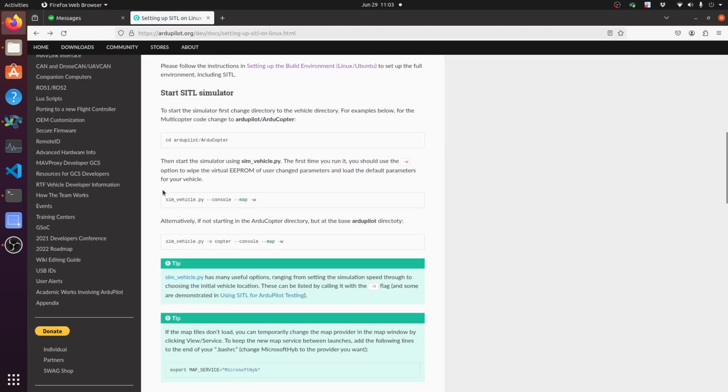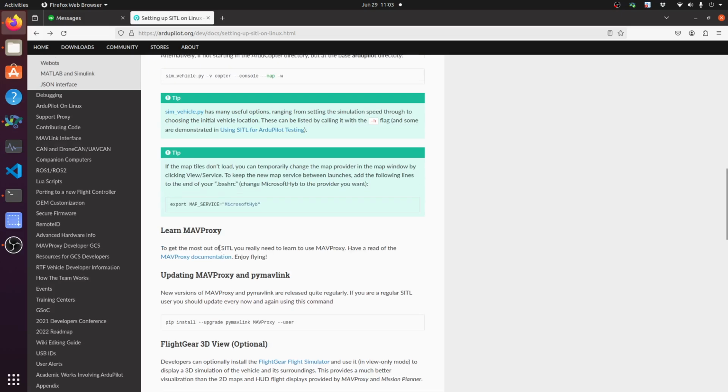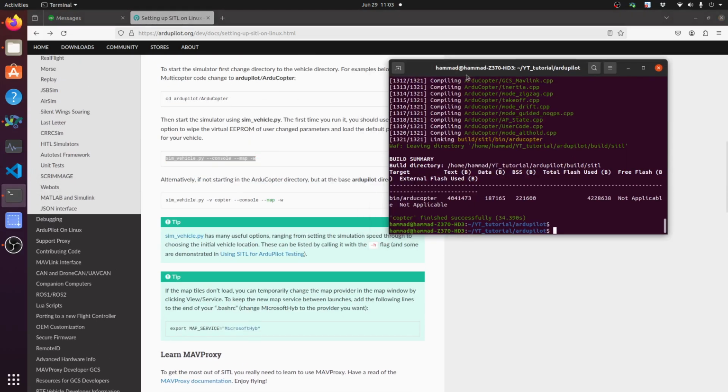So to run the command we need to run the same vehicle console map. That command works completely fine when you have only one repo clone, but in my case there are multiple autopilot firmwares for the different versions. So I need to define the complete path. So I am in the main autopilot repo right now, wherever it is placed. So you need to run this command actually.